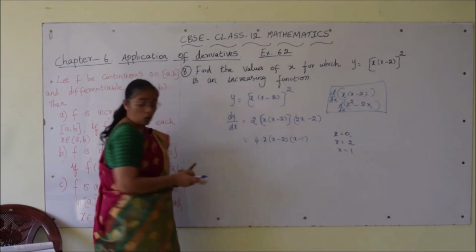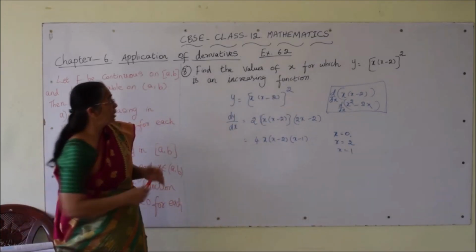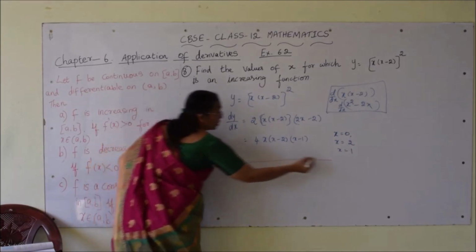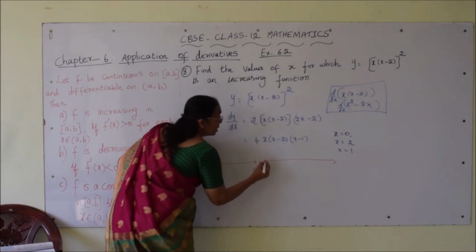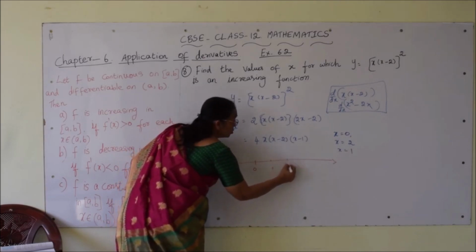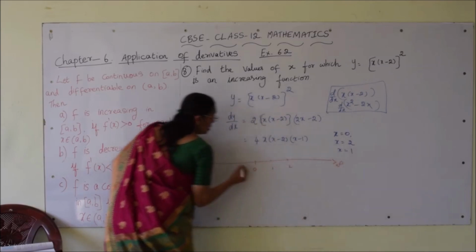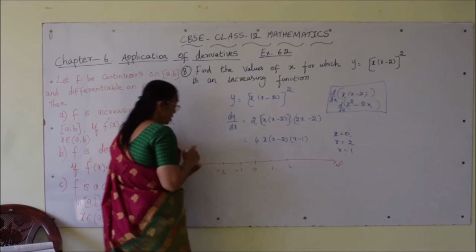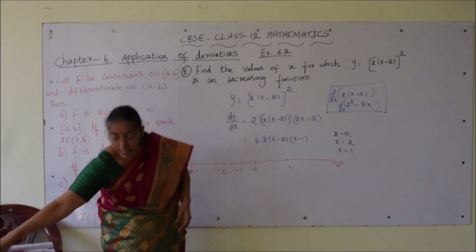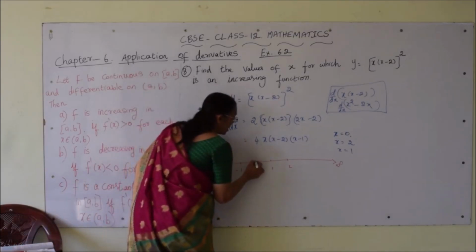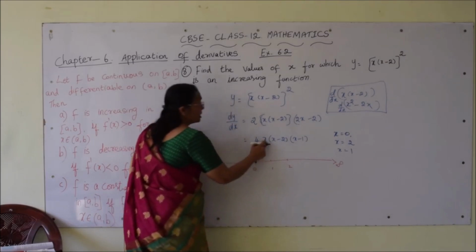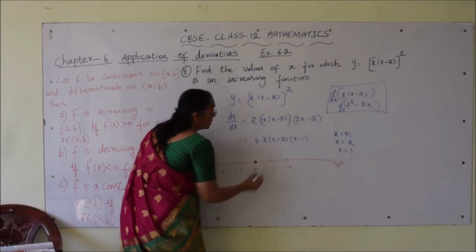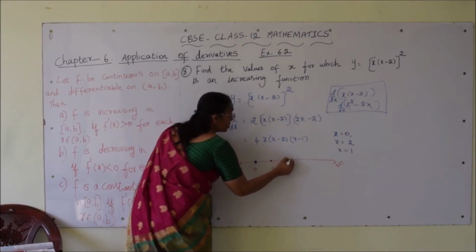Now, the whole number system is divided into, let us check how many intervals it is. So, here origin and we have 1, 2 etc. up to infinity here. So, this side negative 1, negative 2 etc. up to minus infinity. So, which are our turning points here? x is equal to 0 is one turning point here. When you are equating 0, we will get x is equals to 0, x is equals to 1 and x is equals to 2.